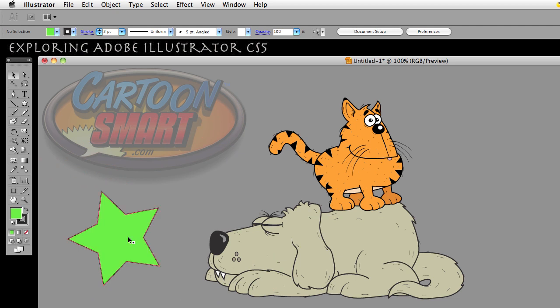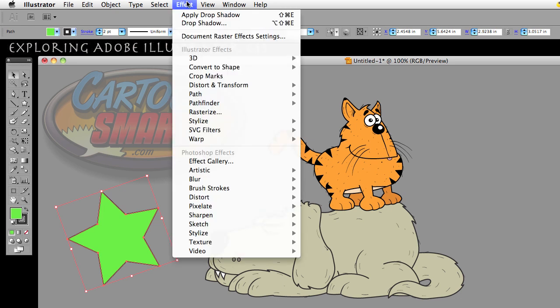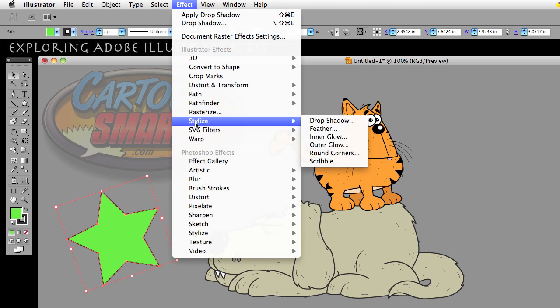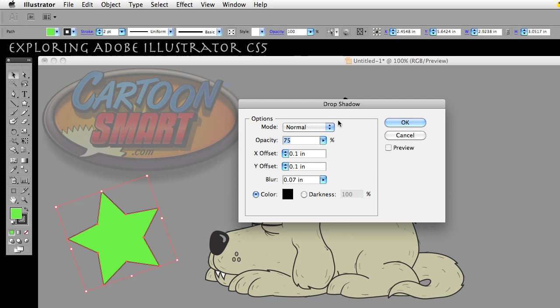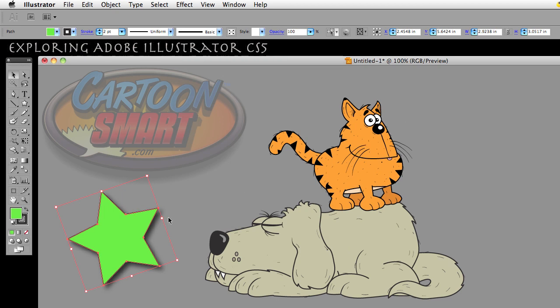So if I was to go ahead and apply something, if I go to my effects menu, go down to Stylize and select drop shadow, and whatever it's set to, click OK, it doesn't matter. And now we have a drop shadow in there. And if I scale the star up again, hold down my shift,